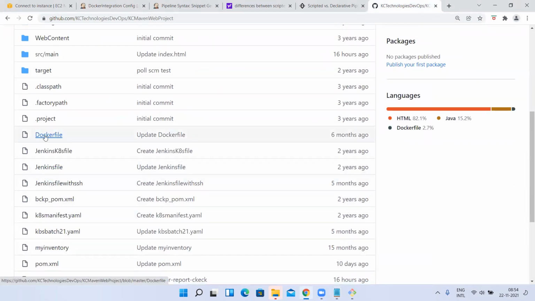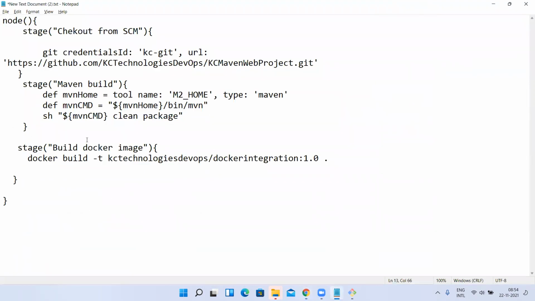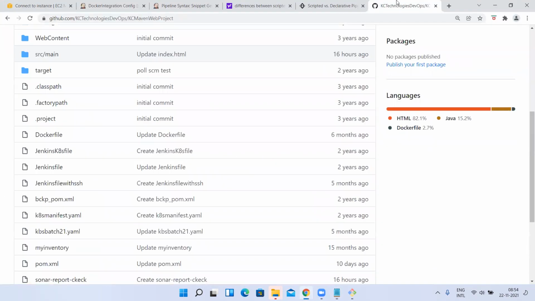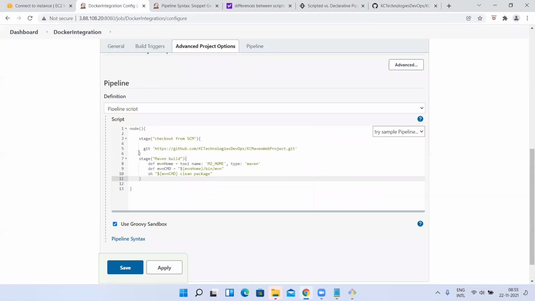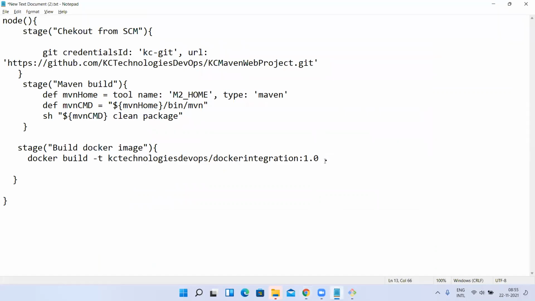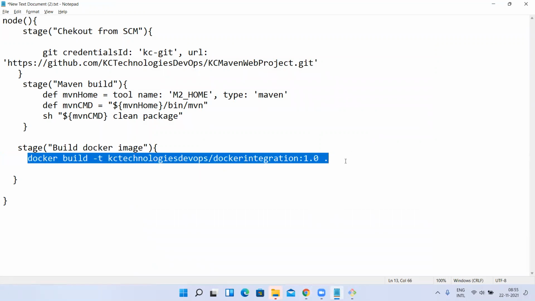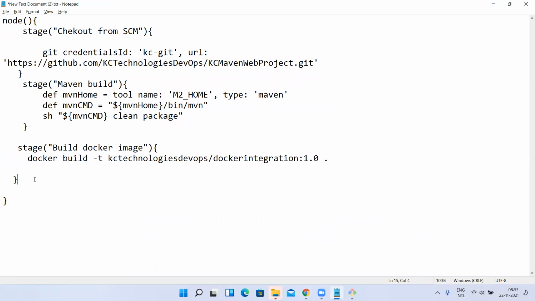There itself, I have a Docker file. Same Jenkins file, Docker file. Both are at the same location, right? So even if I write the script here instead of reading the Jenkins file from SCM, it is going to execute at the project root directory itself. So there only I'm going to have my Docker file. So both are in the same location. So I'm giving dot, means my Docker file is on the current location, wherever my script is running. So I want to build like that. Is this fine? So can I put this stage and run this?